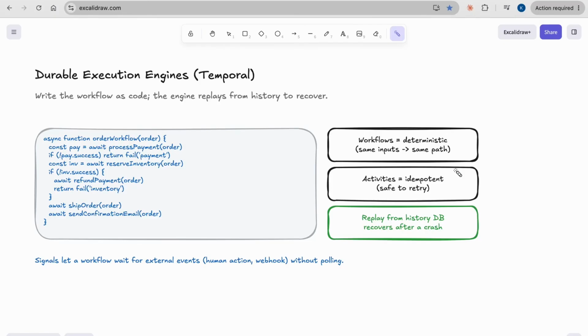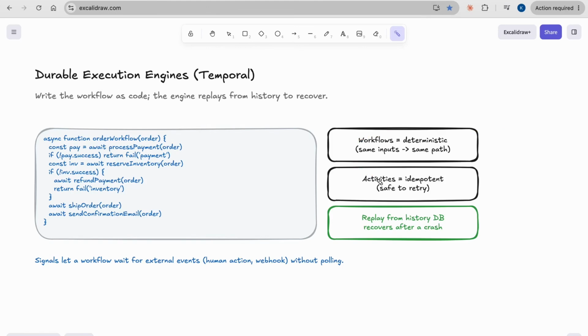We need to decide what key we are going to use and how we maintain it, so that it's safe to attempt retries. That's very important, and that is why I'm stressing determinism and idempotency.